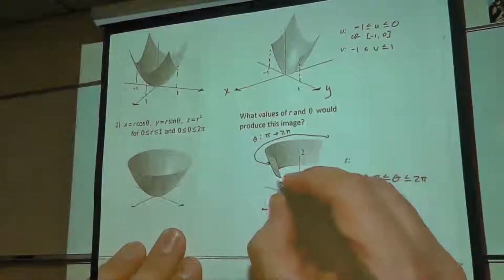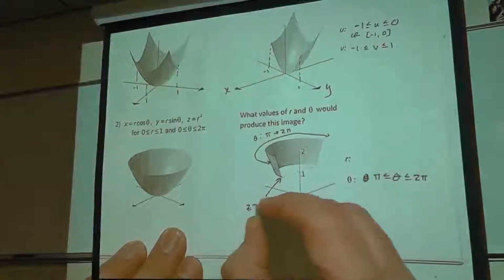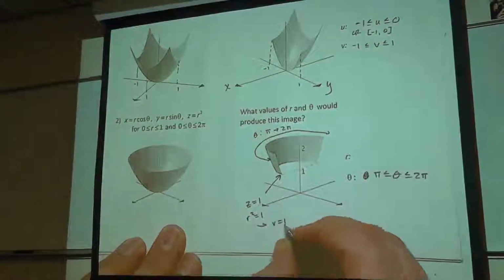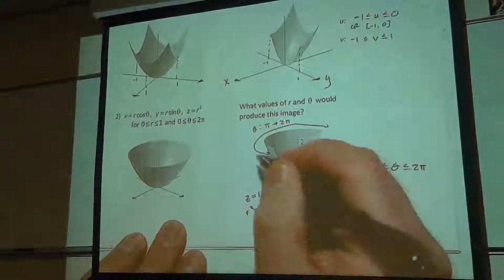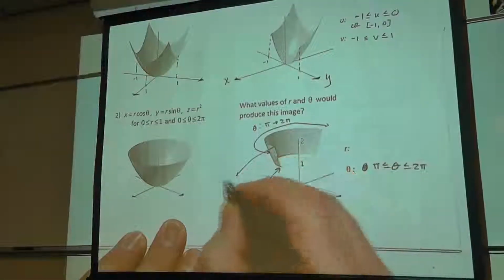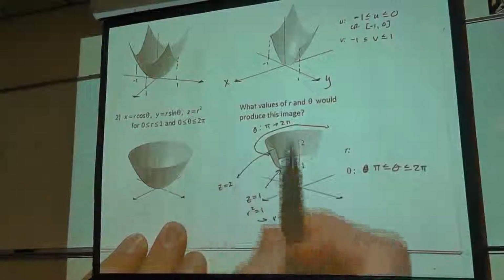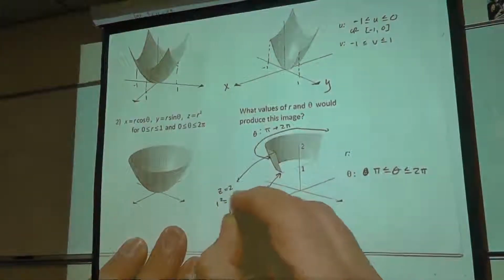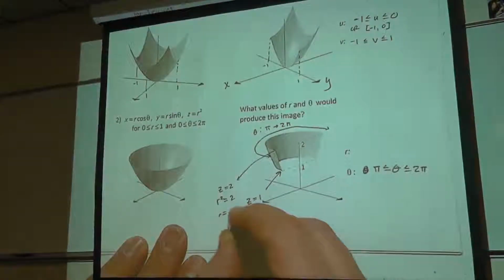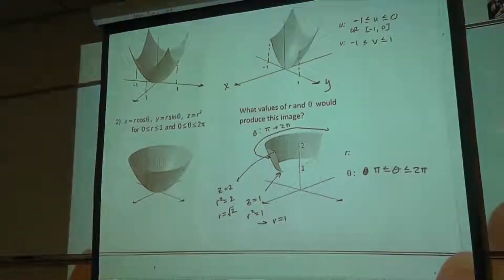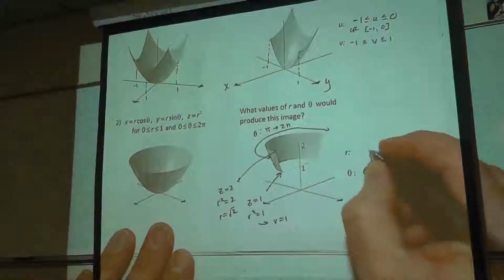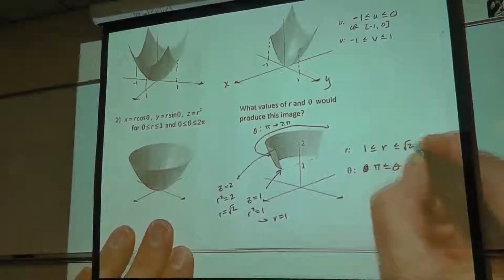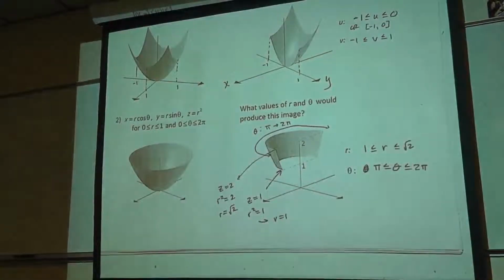Because right here, z equals 1 means r squared equals 1. So r equals 1 if you just take the square root of that equation. But then the top part is where z equals 2. So take your parameterization, z equals r squared, and set it equal to 2 also. That'll give you, just assume the positive root, root 2 without the plus or the minus. So r actually has to span from 1 to root 2 to give you that piece of the paraboloid. Okay.